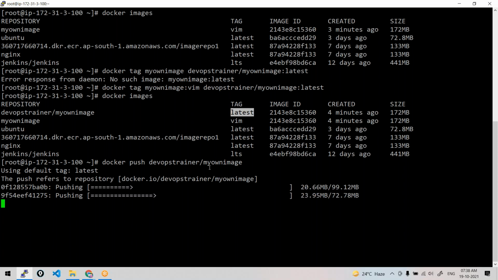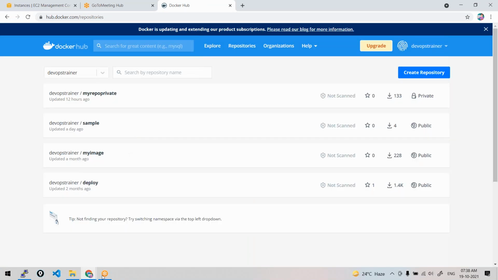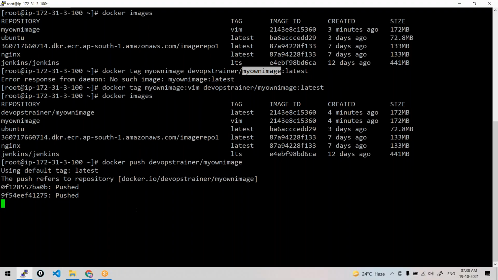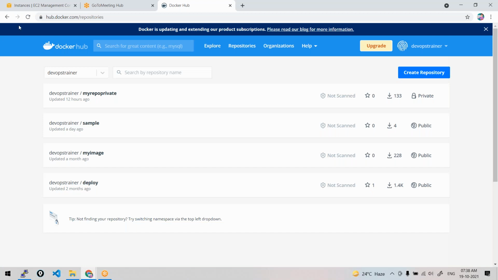Or else, when tagging, you might have used the name of an existing repository. But I didn't use the name of an existing repository, so I should see a new repository here in a few minutes. Let us wait. Okay, now push is done. Just come here.